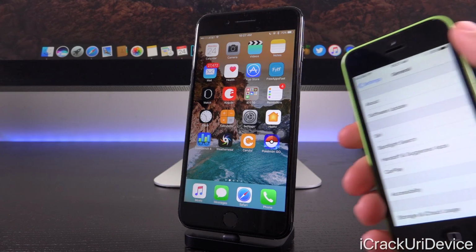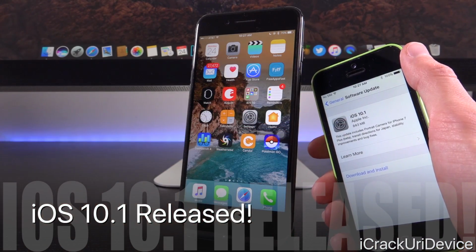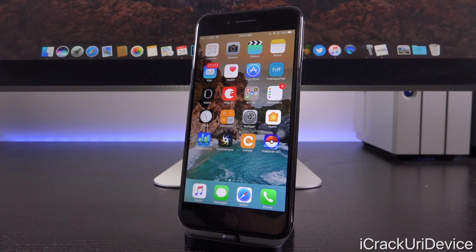Hey, what's up YouTube? It's ICU, and this morning Apple has released iOS 10.1 ahead of this Thursday's Mac event. Now this is an awesome release for a number of reasons, all of which we're going to get into in